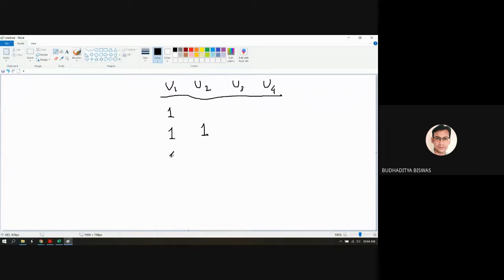Third combination is that this one should switch on. And the fourth one, all the units should be switched on. And we have this one is not 0, this one is 1. And initially we switched off all the units. So this is our first condition. This is a theoretical condition because practically we should not use that one. So that means for the 4 units, we have total 5 conditions or 5 combinations.